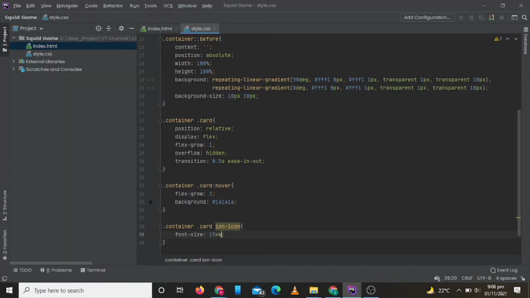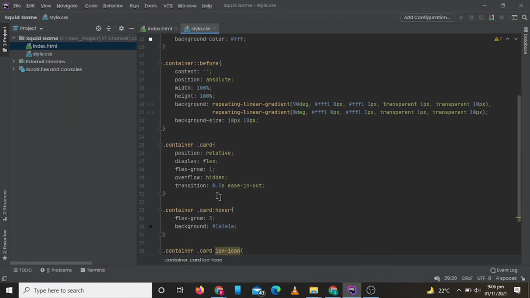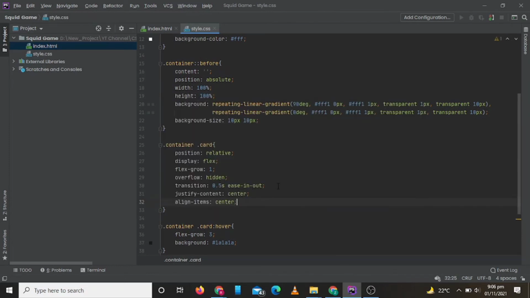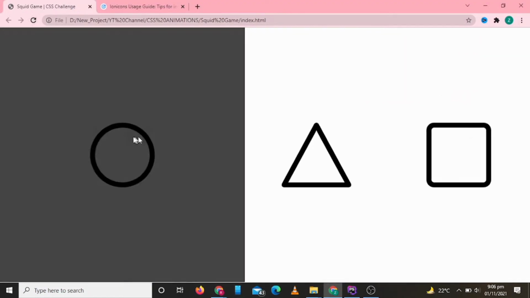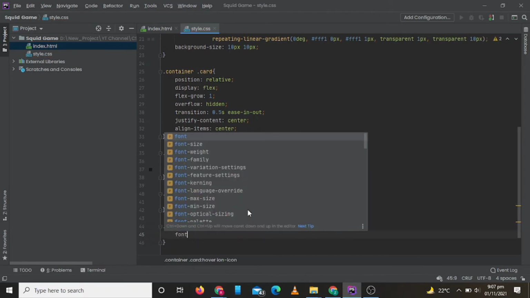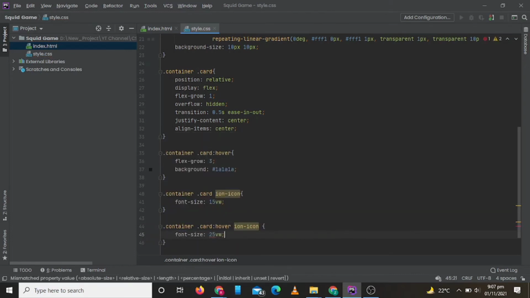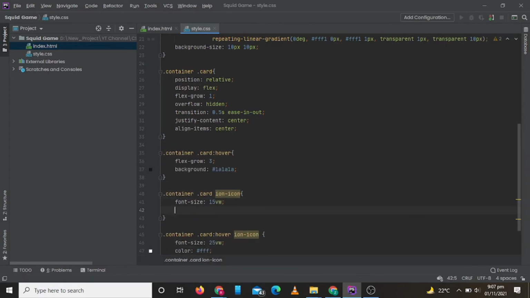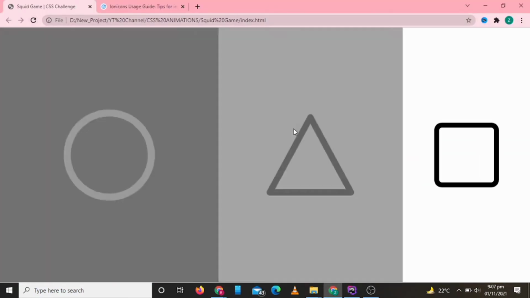Now let's center them and add their hover effect as well. So now let's check. So you can see they are looking good.